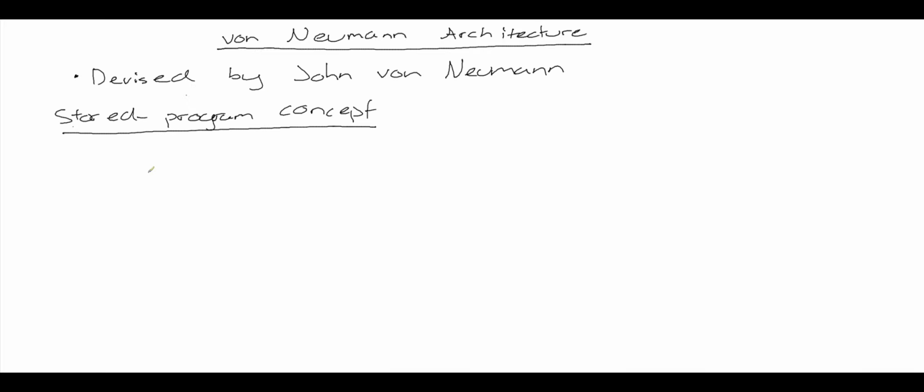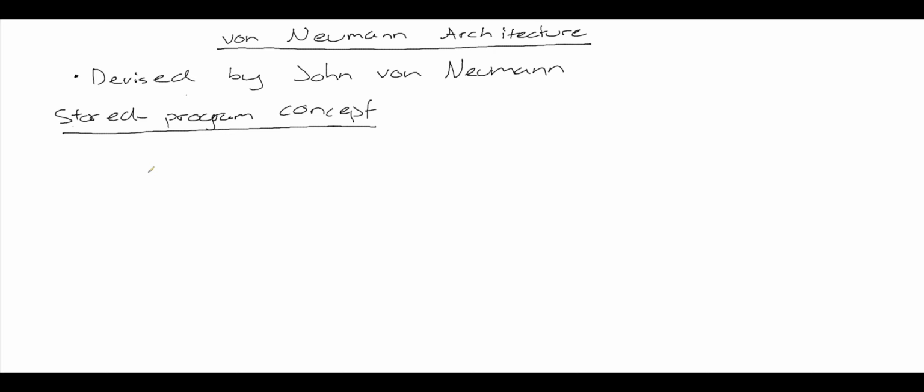In this video tutorial I'm going to be talking about von Neumann architecture. Von Neumann architecture is a computer architecture that was devised by a mathematician and physicist called John von Neumann in the 1940s. So before we go into exactly what von Neumann architecture is, let's first think about the stored